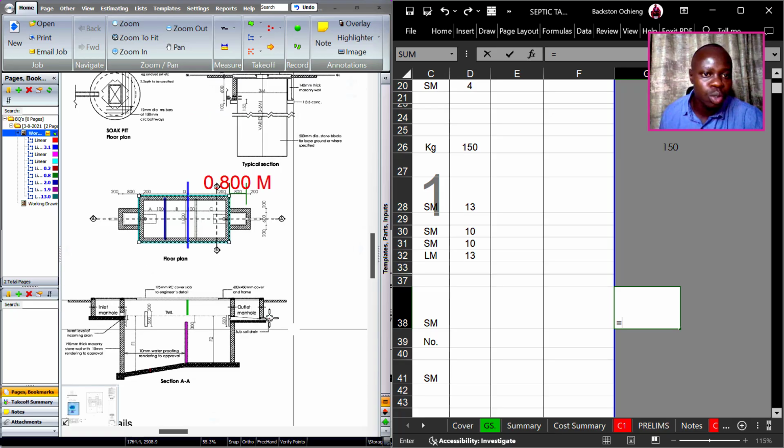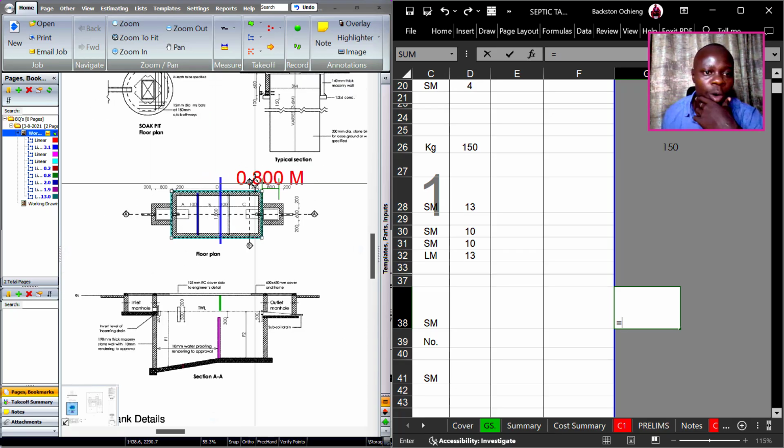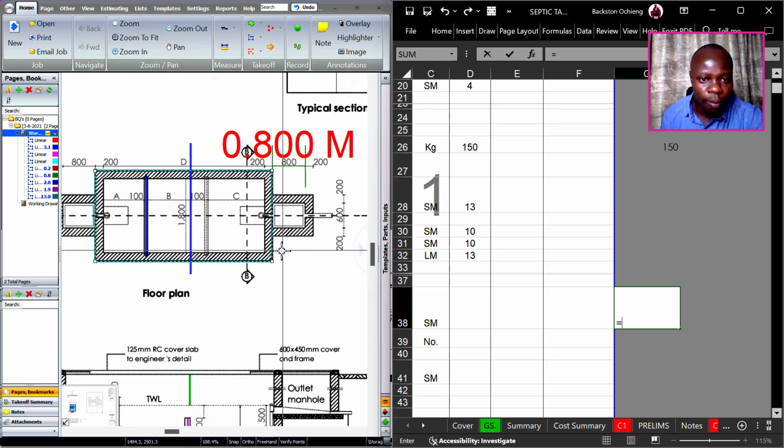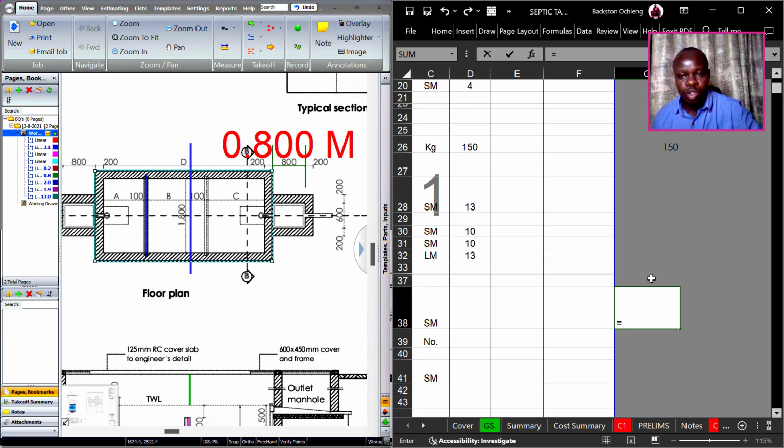What do we have as the length of this particular wall? The dimension we've just measured, the 12.97, we can adopt it also for the wall of the main section of the septic tank. So we'll take the 13 meters, and then we need to multiply by an average,